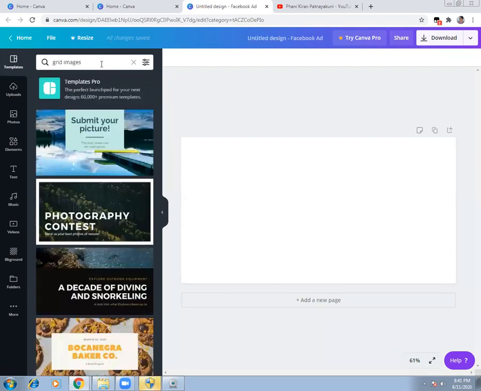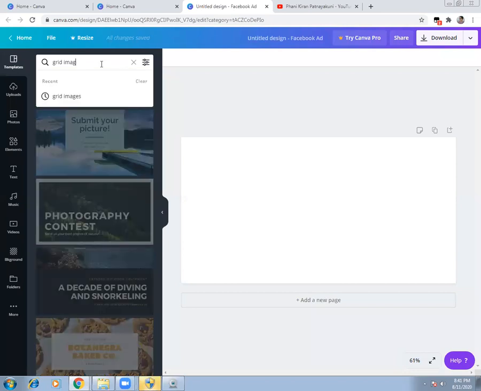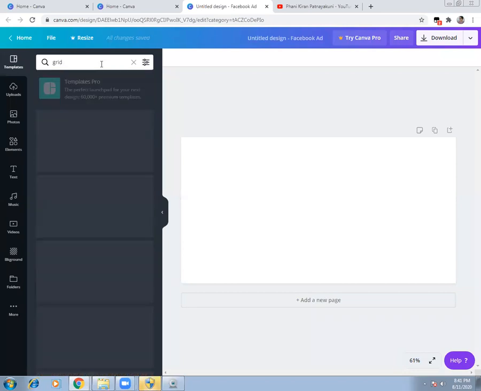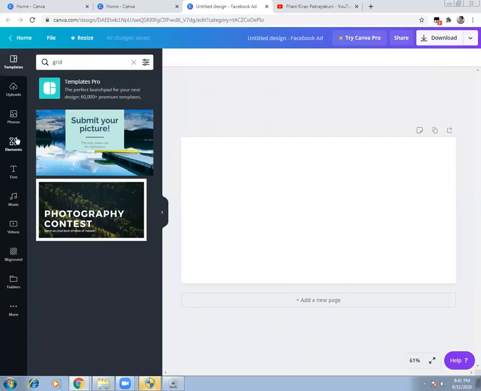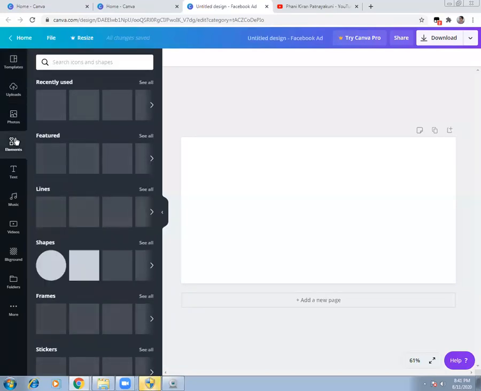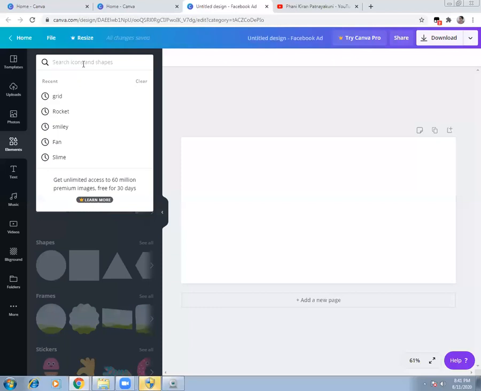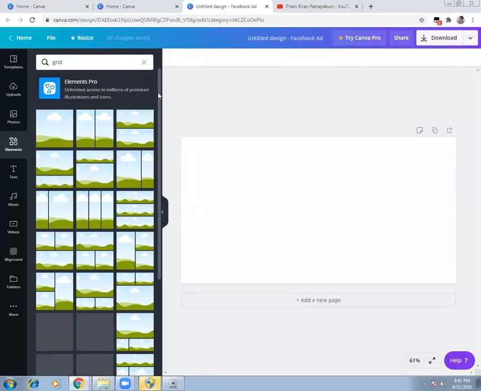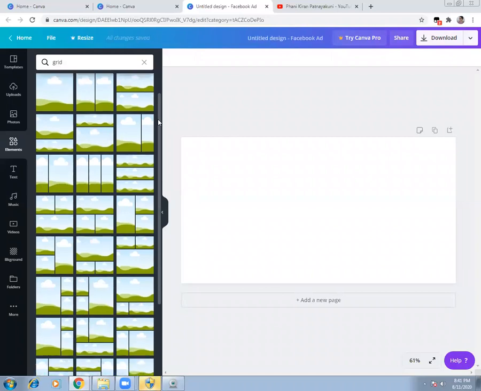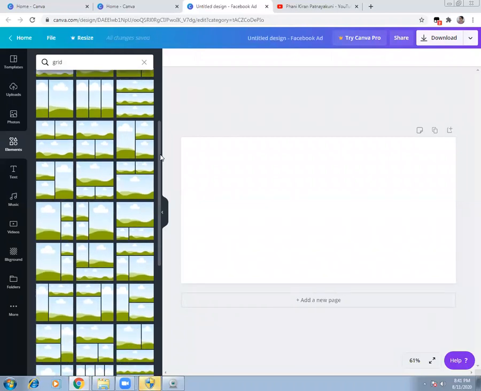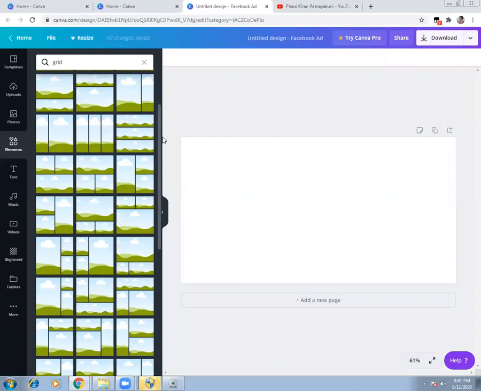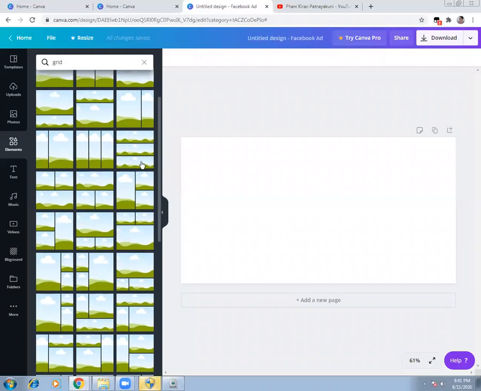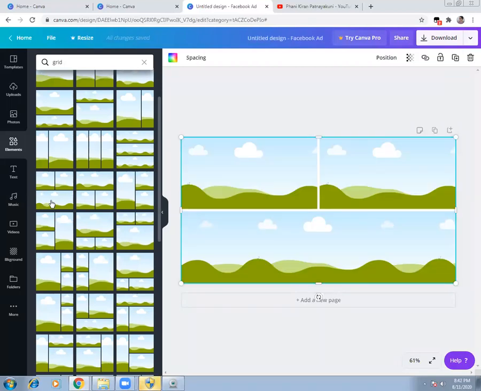And once you go for the grid tool, you just check for grid. In the element section, you check for grid. So these are all the grids where you can put the photographs. Now, if I'm actually selecting some kind of a photograph, say for example, I'm just selecting something of this sort.